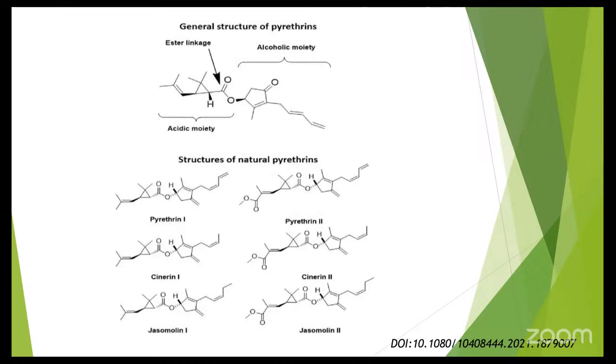The chrysanthemates are generally more potent for kill, and the pyrethrates are more potent for knockdown. So pyrethrates come in the second group, and chrysanthemates in the first group. They are more prone to kill, though you can see the knockdown process also in pyrethroids. For this reason, pyrethrum extract has a broad spectrum of activity. So these are pyrethrin 1, 2, cinerin 1, 2, and jasmolin 1, 2. You can see here